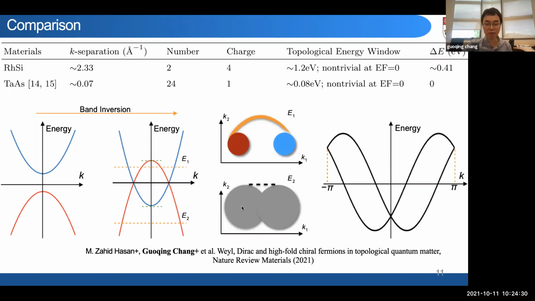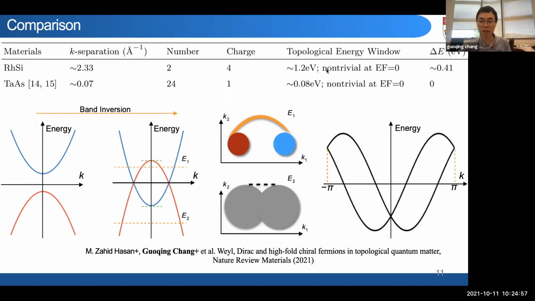As a result, you will have two Chern numbers combined together. If you look at the Fermi surface, there is this net Chern number of the Fermi surface. So in this way, there's almost no difference between the Weyl and Dirac fermions because you cannot distinguish the charge in momentum space. So we define this window as a topological window, where we can really detect the non-trivial topology of the Weyl